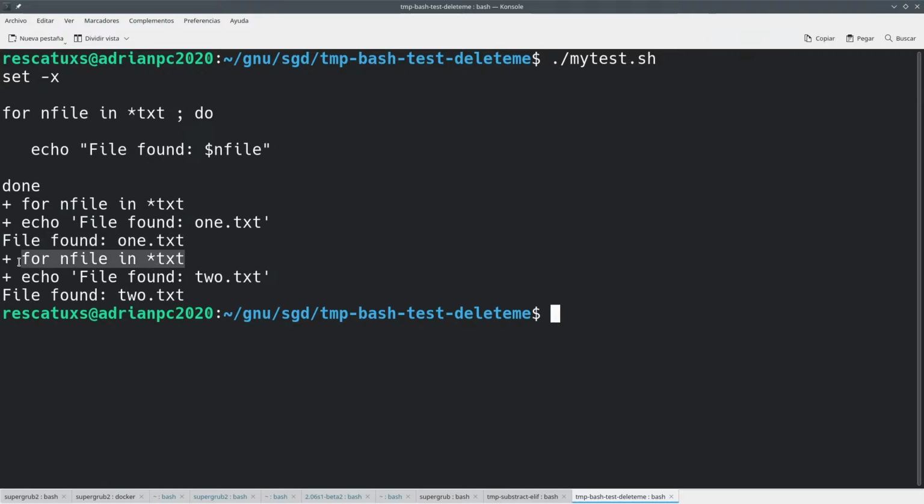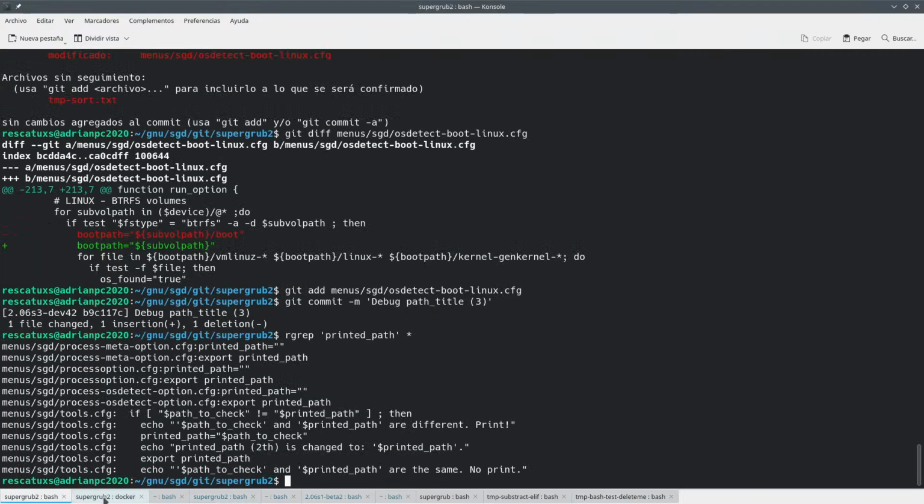Then you go again in the same loop because there's another file, then you see the program that is about to be run, and then the program is run. Okay, and that's easy sometimes to figure out what's going on without using a specific debugger, and that's